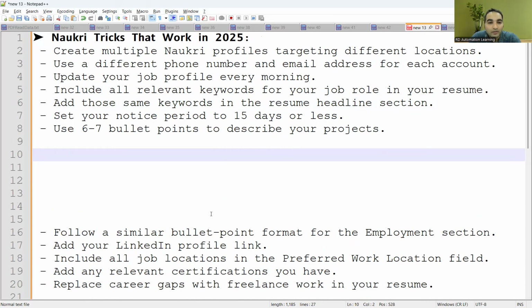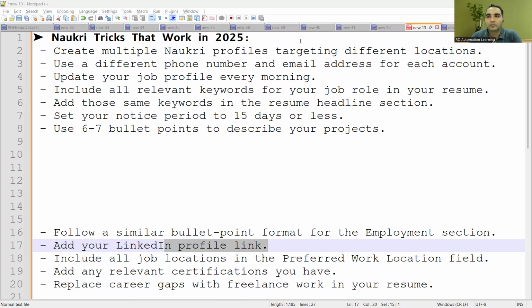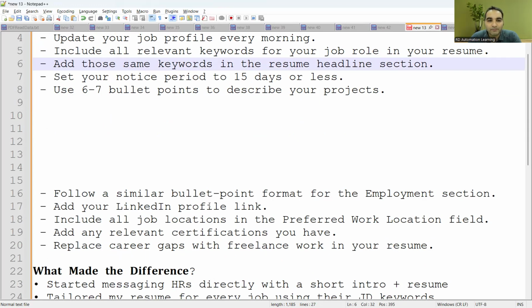Okay. So you have to add your LinkedIn profile, and very important, you should add your Git profile link as well. That's very important. All those things are very important. Your LinkedIn profile and your Git profile will help you a lot in getting the calls, because the recruiters or the hiring managers will see the code that is uploaded on the Git profile and they'll look into that, right?